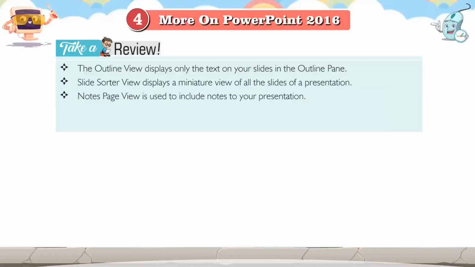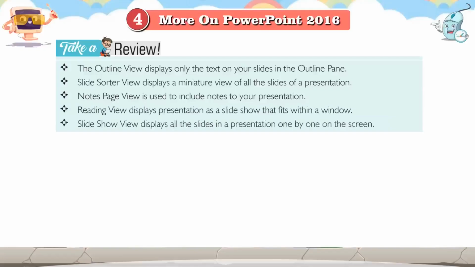Note page view is used to include notes to your presentation. Reading view displays presentation as a slideshow that fits within a window. Slideshow view displays all the slides in a presentation one by one on